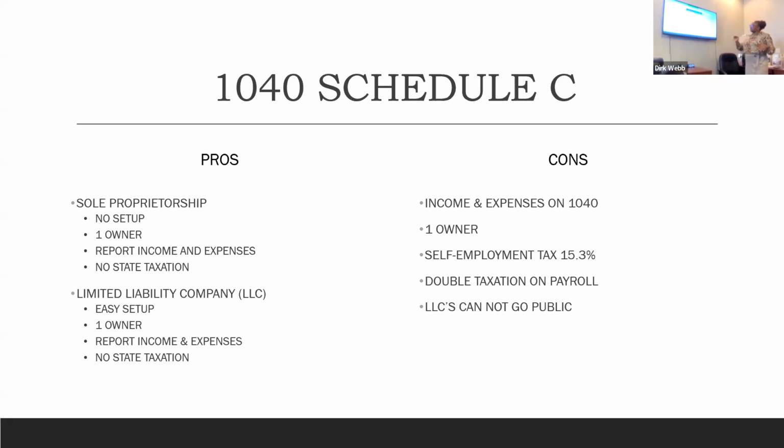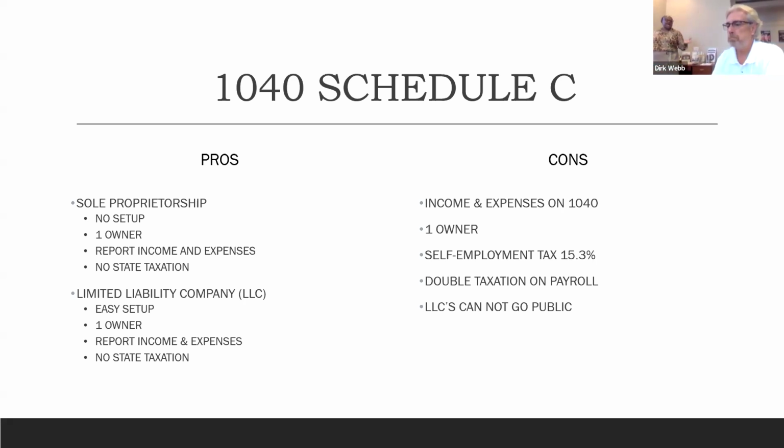The downside to being a sole proprietor or an LLC, where you report your income on your personal tax return, the 1040 Schedule C, is that your income and expenses go on the 1040. A lot of lawyers try to say set up an LLC, it's a limited liability company, so it limits your liability for the company. That's legal jargon. As far as when it comes to being sued, you have to give proof of income, you gotta give them your whole entire personal tax return. So everything on that tax return is now attached. You can't just give them the portion of your Schedule C.